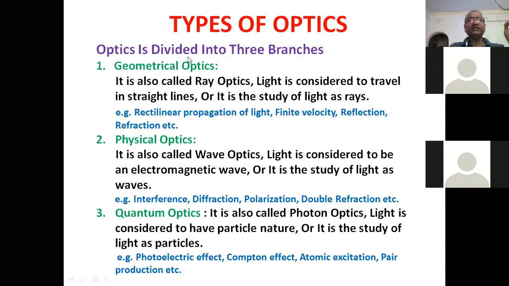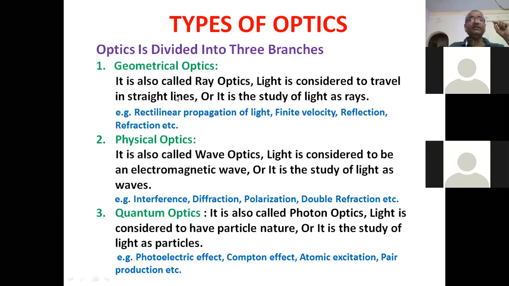So this geometrical optics is also called the ray optics, because in this branch, light is considered to travel in a straight line. We are learning for many years that light travels in a straight line. We know this is the property of the light. So we denote the path of the light by showing a straight line in our notebook, or we denote the formation of images by the lenses or mirrors or by the prisms with the help of lines, and therefore this is called the ray optics.